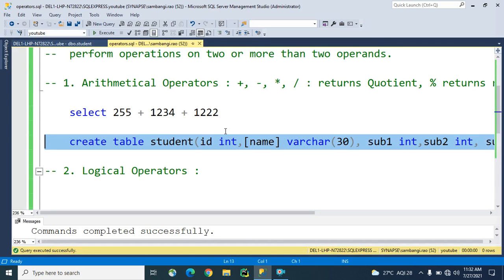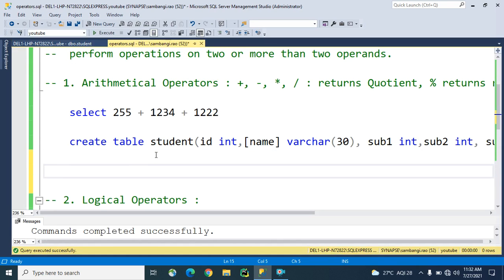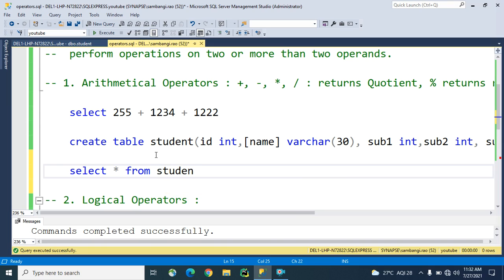Going to the SQL query, just see how many records have been inserted in our table. Select star from student. When we want to execute a query, we have to select that query first, and then execute it.